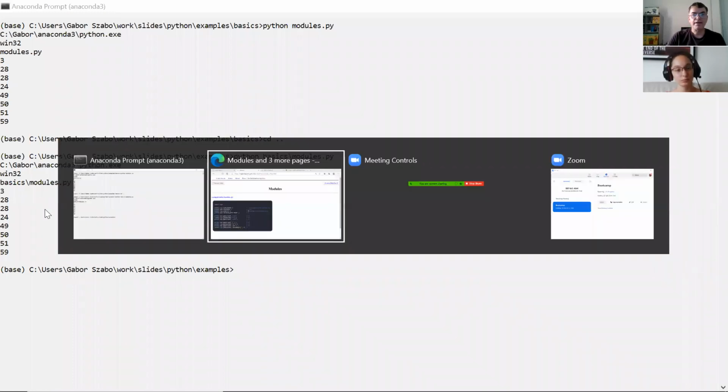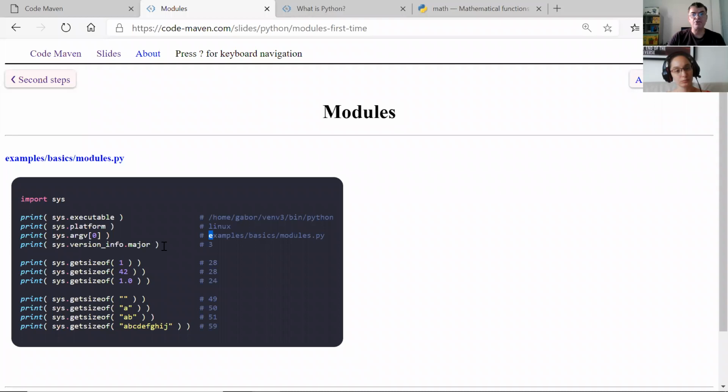Okay, and then the other thing is the major version number that I showed you, and there is another interesting thing. These are all attributes, right? So nothing happens there, and this is a function already. The getsizeof is, more or less, the only function that sys has. It gives you how many bytes are used by some object in your program. And that's an interesting thing to see,